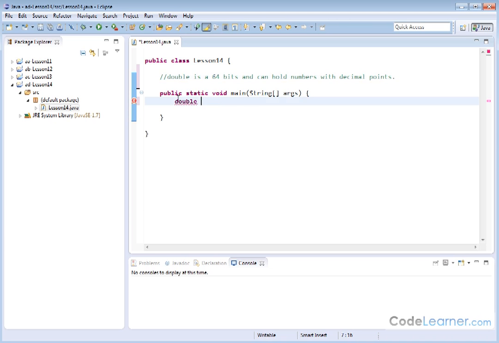All right, so it is called a double. You declare it by putting the keyword double in front. And in this case,